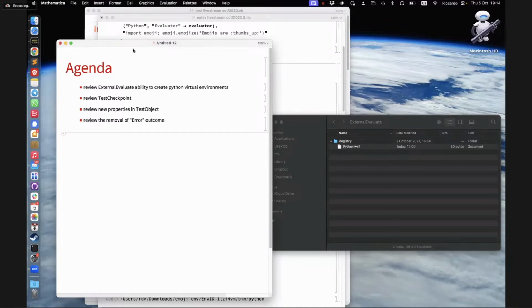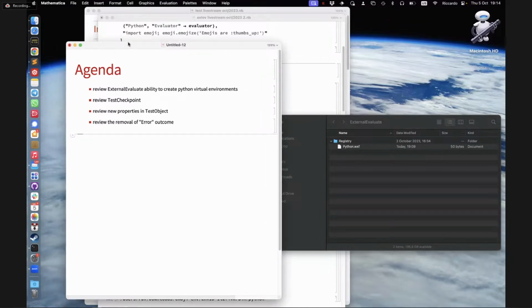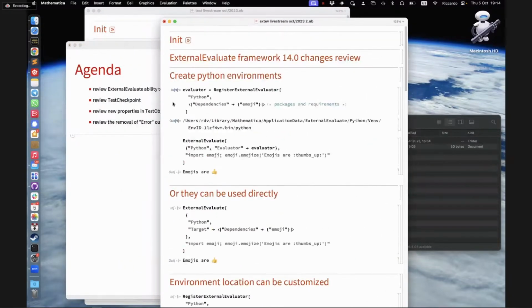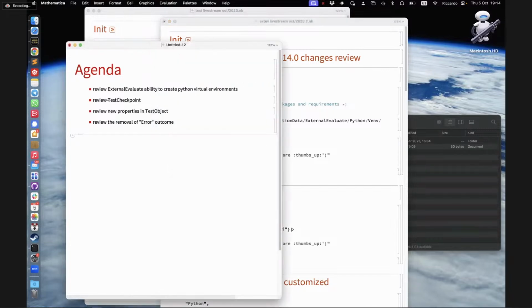So today we're going to talk about changes we are introducing in ExternalEvaluate, and later some additions we have made to the testing framework. Mostly the ExternalEvaluate part is just a review. We have already seen most of this stuff internally, so I expect it to go relatively smoothly. On the other hand, we need to talk a little more on the testing stuff because we have more